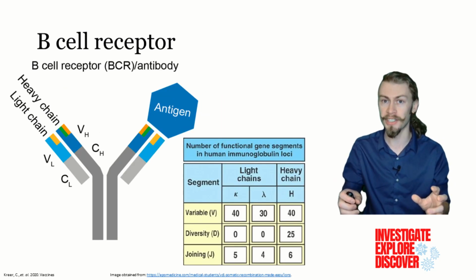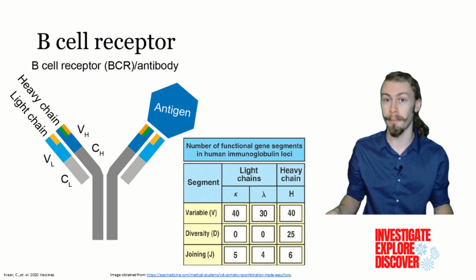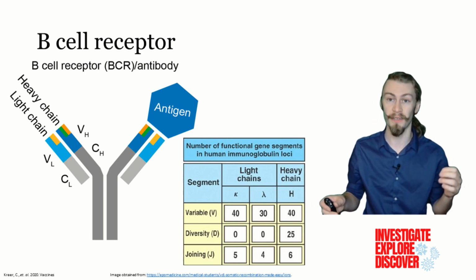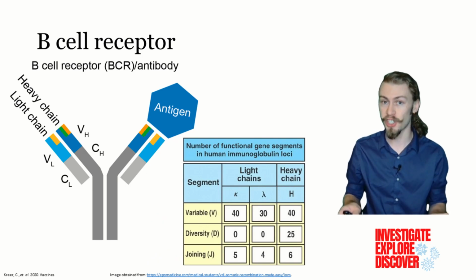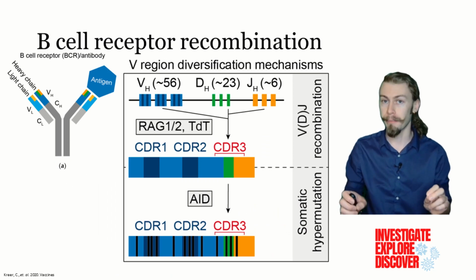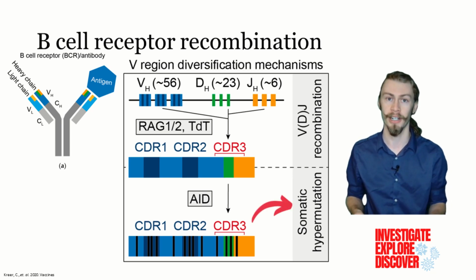Now, the variable regions of these receptors are very diverse. The light chain is further made up of either a kappa or a lambda chain, which joins together two distinct V and J regions, while the heavy chain joins together V, D, and J regions to be complete. By combining these germline genes together, this creates a unique screwhead,